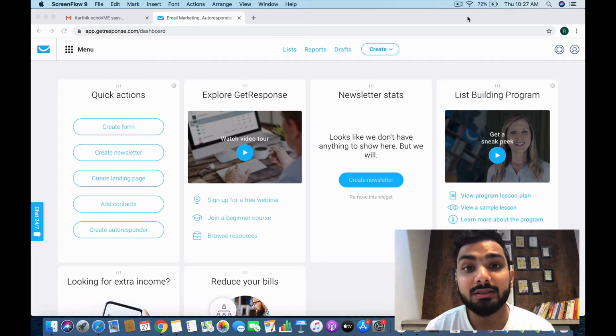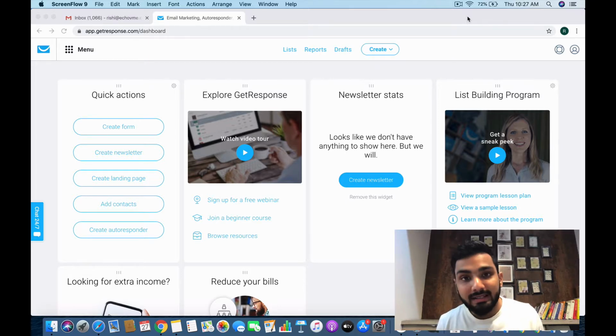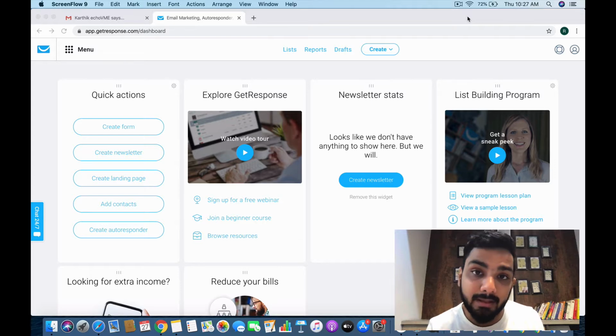Now, the GetResponse email marketing tool is extremely powerful, as we have seen in our previous videos, but I want to talk about the landing page tool itself. And trust me, guys, it's one of the most powerful tools as well. Okay, now you can build and publish stunning landing pages. You can collect leads automatically with no designs, no HTML editor, no tech guy in your team, and no tech skills needed, and you can create landing pages in less than 10 minutes.